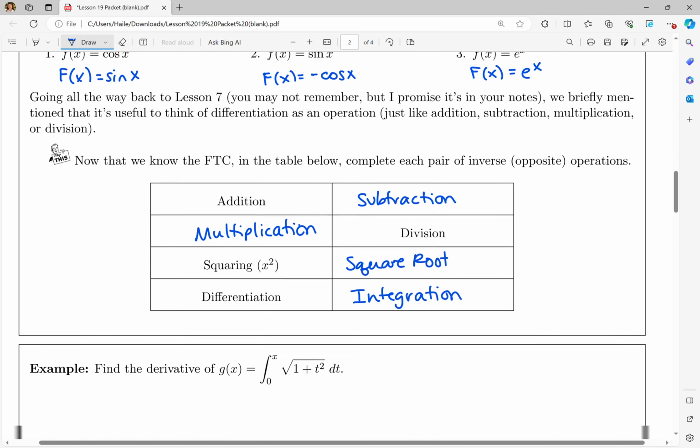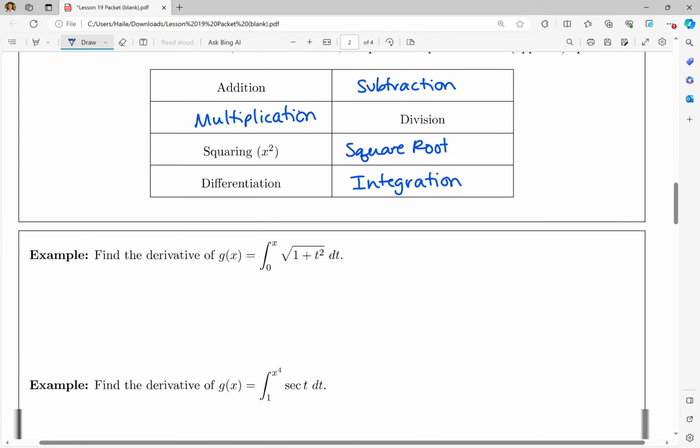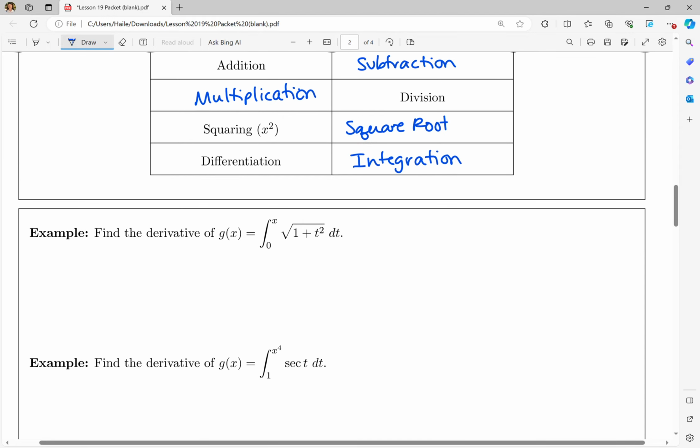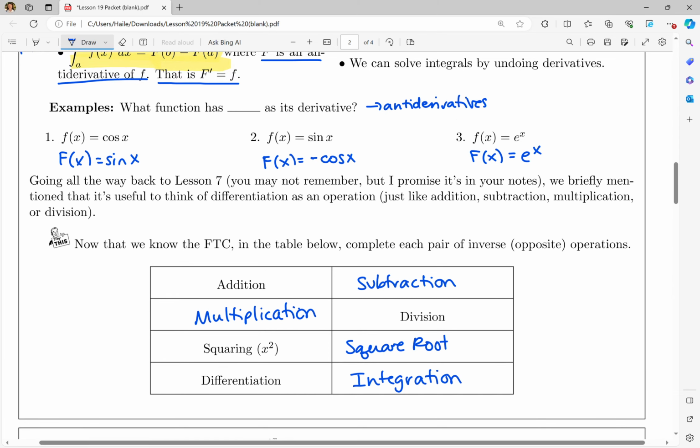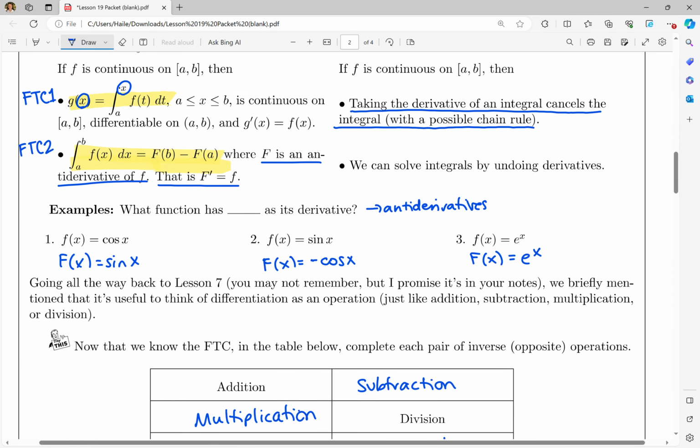Okay, so let's jump into some examples. I think that's enough theory for now. In these first two examples, we're going to take a closer look at the first part of the FTC, that thing where we had functions defined in terms of integrals. We're going to look at that and talk about how to take